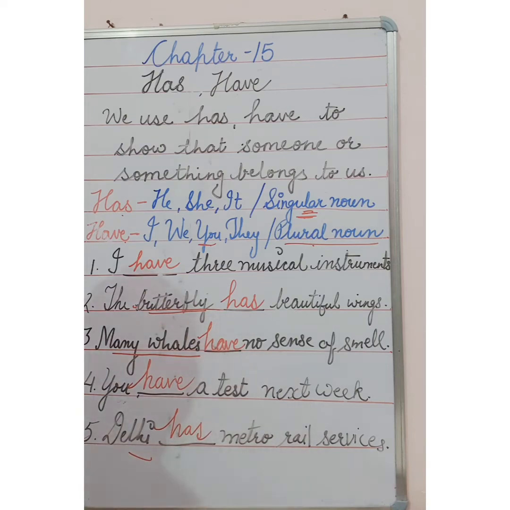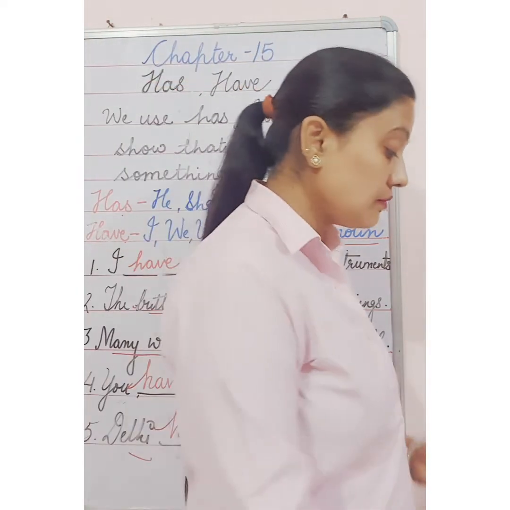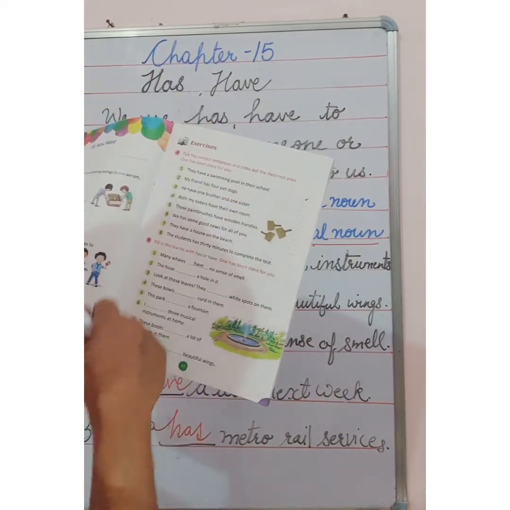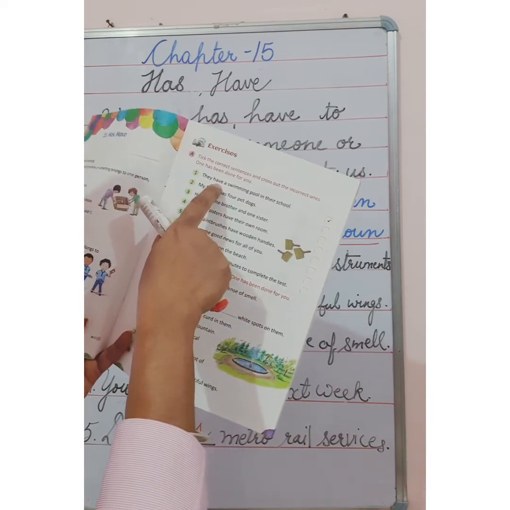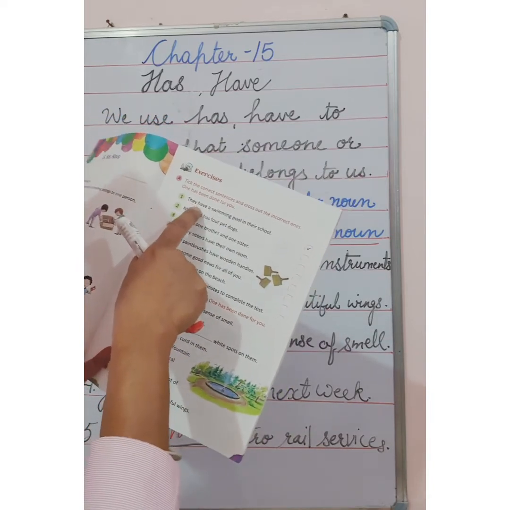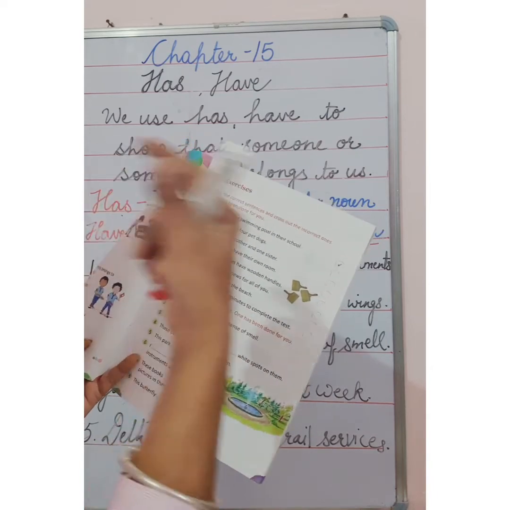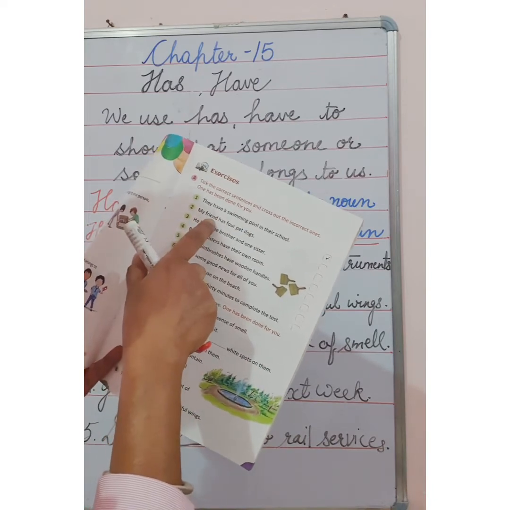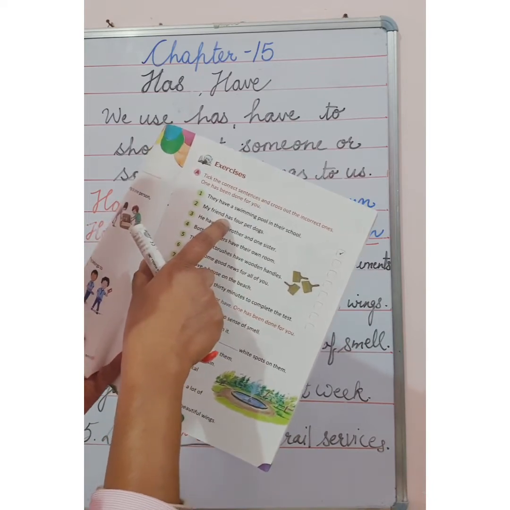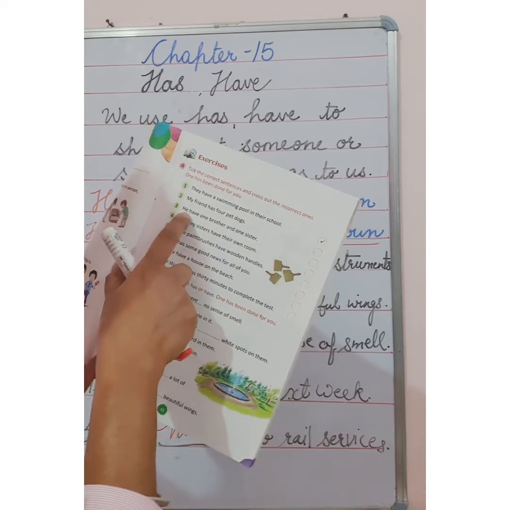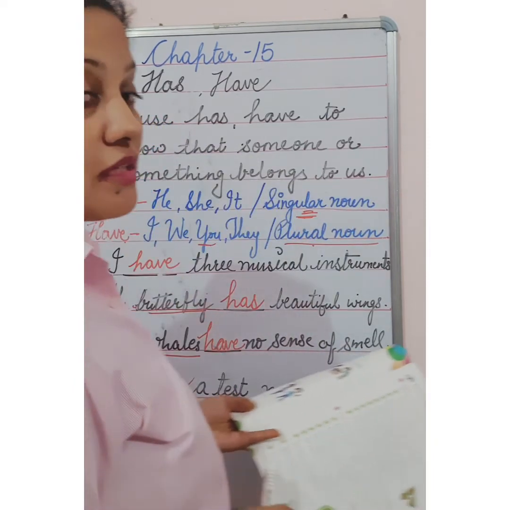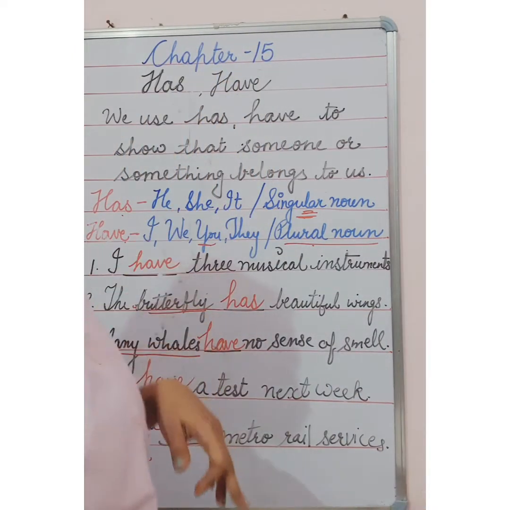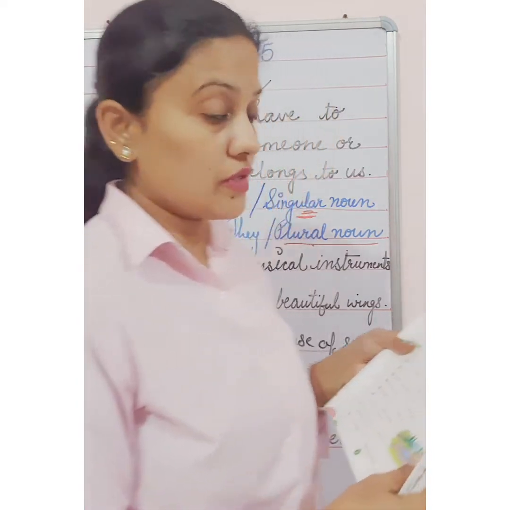So this way you will do this exercise in your English grammar book. This is your book. In this question you have to see, they have a swimming pool in their school. You have to check whether the correct has or have is used with the subject, or it is wrong. So you have to tick and cross. My friend has 4 pet dogs. We are talking about my friend, one friend. So obviously when we are talking about a singular noun we will use has. He have. So you can see here he have is given. So he have is wrong. With he we always use has. So he have will not come. This way you have to cross whichever is wrong here.